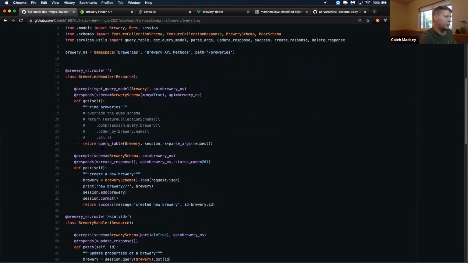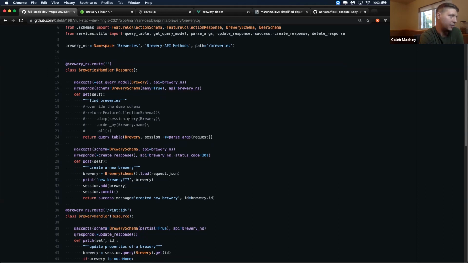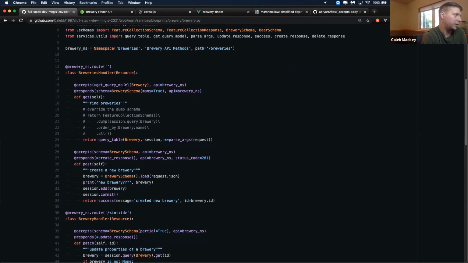And I have a simple helper function here called query table, which basically takes the database table and then the session object, which controls our commits and reading access to the data. Then it passes in any of those query arguments that we might make, and returns the data back. The nice thing here is we're also using the accepts and responds decorators from Flask accepts. Basically we can define what it accepts. I have a helper function here that reads all the fields from the table and adds those as